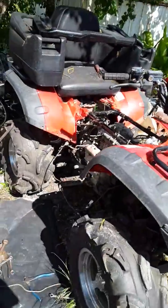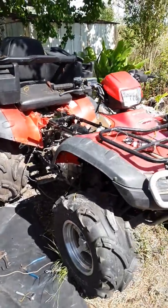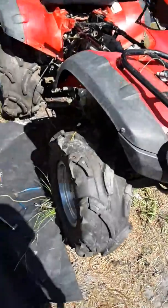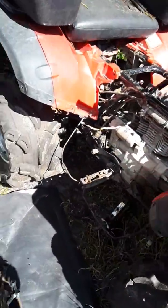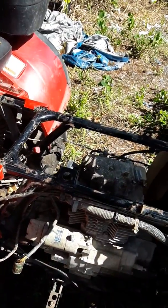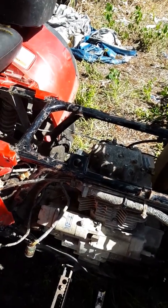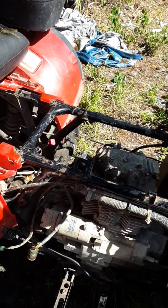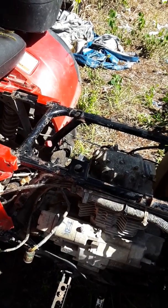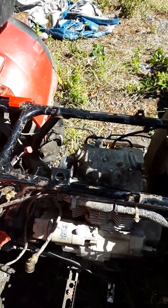Well, this is a 2007 Honda Foreman 500 4x4. Actually redoing it. And the problem with this thing is it quit running. Now I haven't 100% figured out why. It has great compression. It's got new valves in it. I've already done that. Yeah, the only thing I can think of,